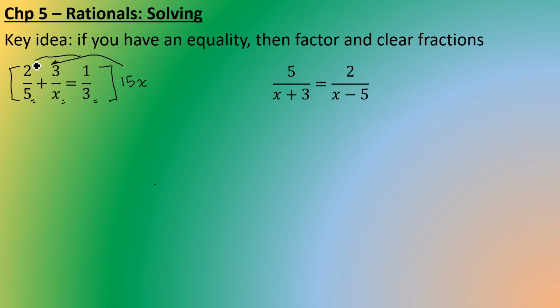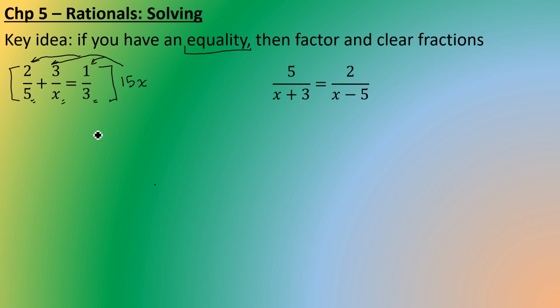And then I'm going to distribute that 15x to all terms of my equation. The idea here is that the denominators will cancel. Now, it's important to note that this method of clearing is only valid if we have an equality. So if we had a less than or a greater than, this method actually is not valid because we don't know whether x is positive or negative. So the inequality switches direction if we have a negative and we don't know what x is. So this wouldn't be valid if we had a less than or greater than,